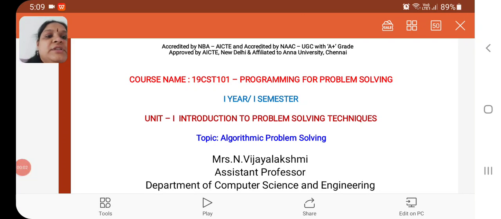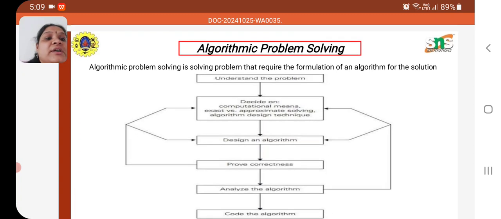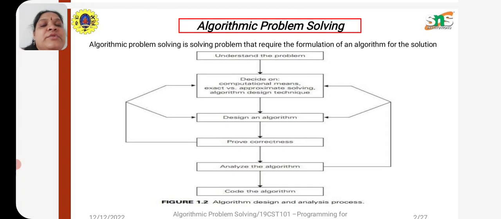Let me start with this algorithm, how it is used for problem solving. So here are some 7 or 8 steps to understand the basic procedure for real-time problem solving technique. First, you have to understand the problem and you have to decide on what computational means, what approximate solving technique